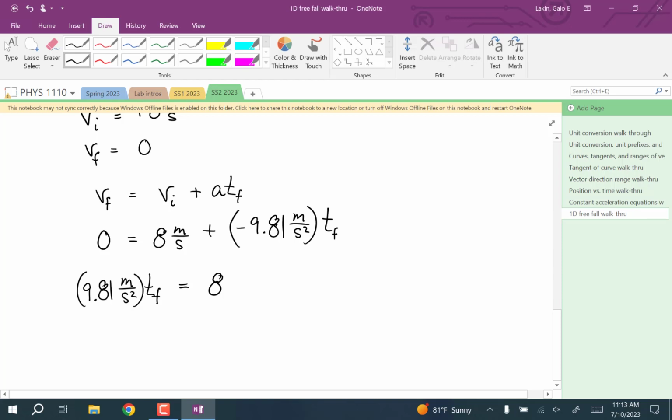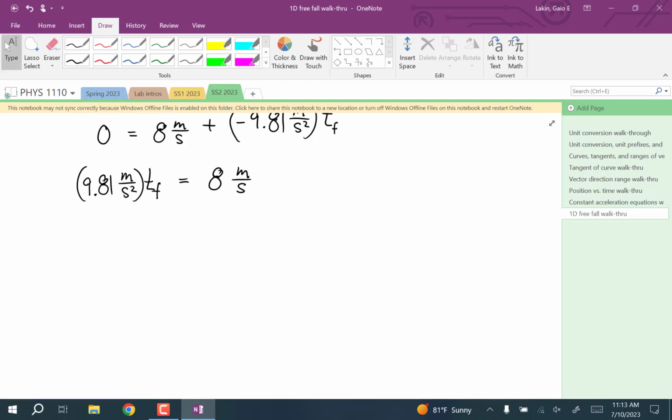So now that's equal to 8 meters per second. Now I'm going to divide the stuff in parentheses from both sides. So time final is equal to 8 meters per second divided by 9.81